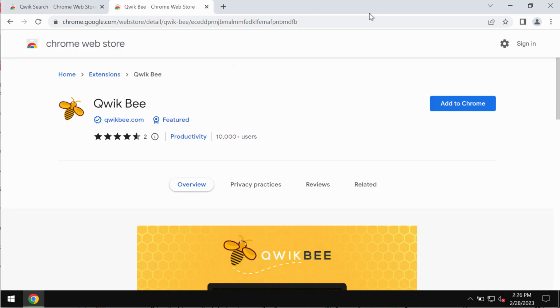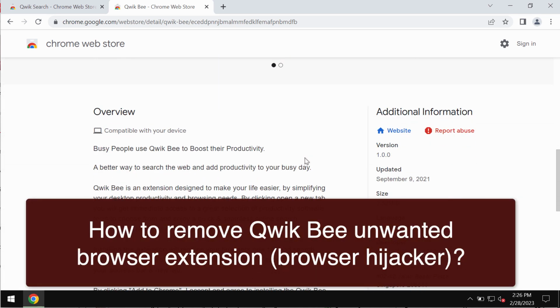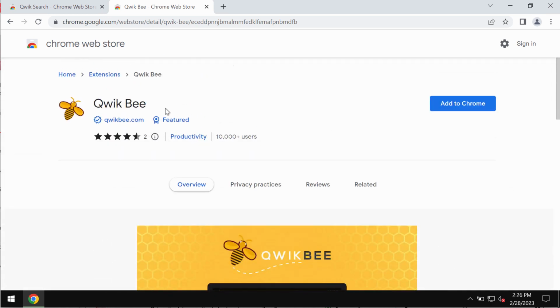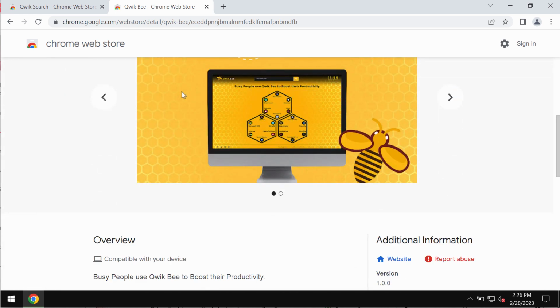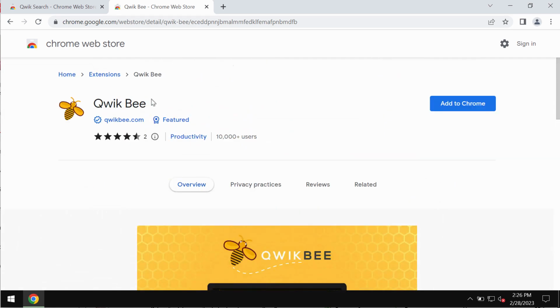My video is about removing the unwanted browser extension called Qwik Bee. Qwik Bee is a special extension specifically designed for the Google Chrome browser. The developers of this extension indicate that somehow it will be able to boost productivity and improve the search and browsing experience. But in reality, this Qwik Bee is an extension that actually operates as adware and as a